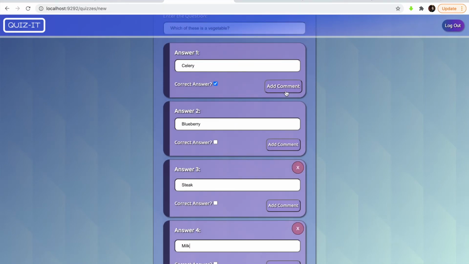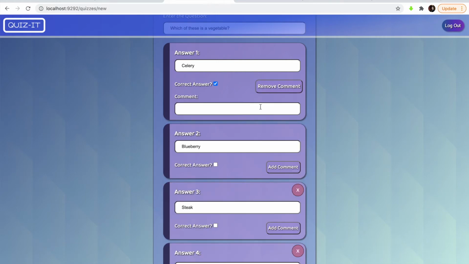Now, something we do have the option of doing is adding comments to these. Another little feature that I added in. So you just click add comment, and when this question is selected, then on the results page, it'll give this comment. So if you want to explain why the answer was correct or incorrect,